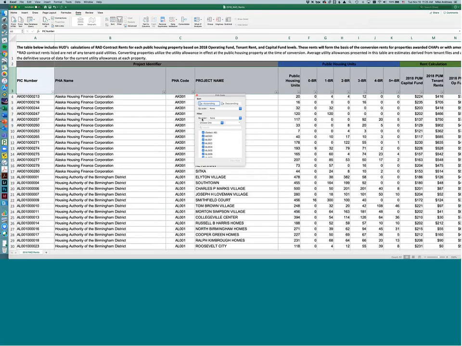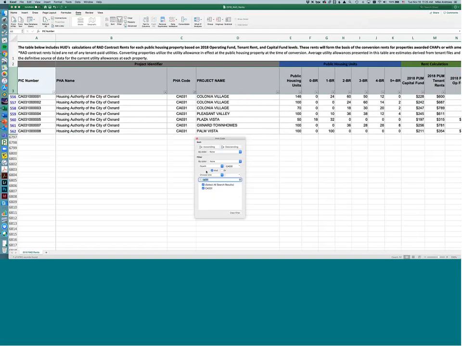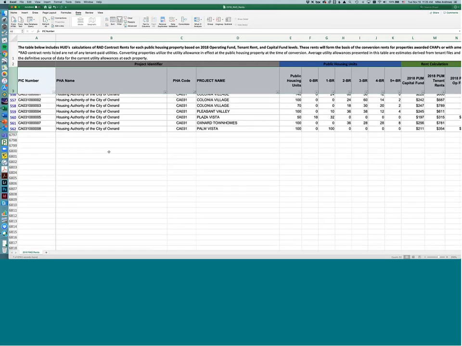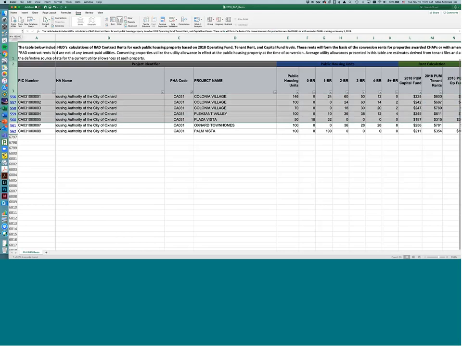If you sort, remember friends in Southern California, in our example you just sort by your PHA code, and then you'll receive only the rows which have AMPs for your housing authority in them. If you want to do this for your own housing authority, I like to just select all these rows